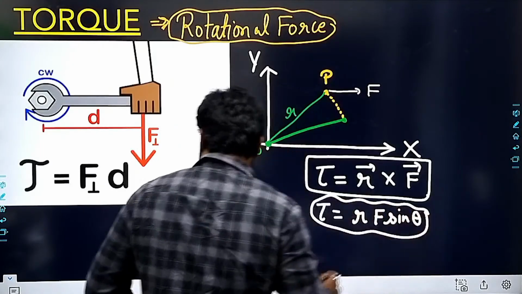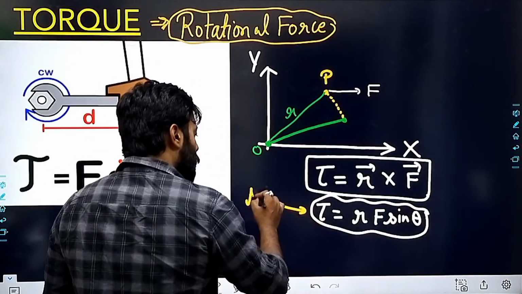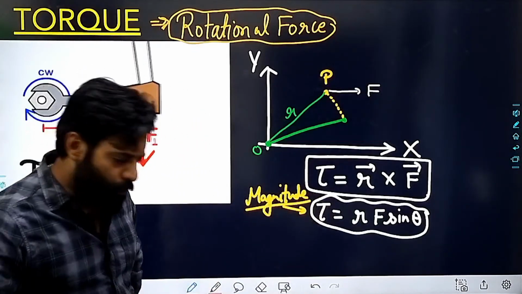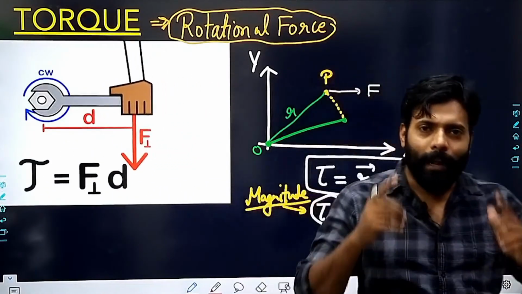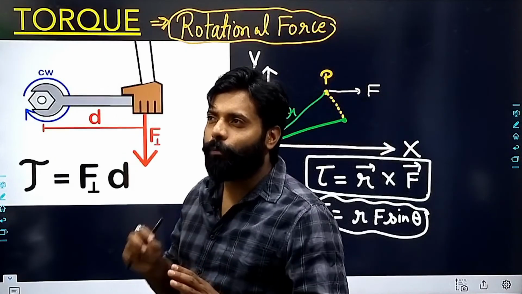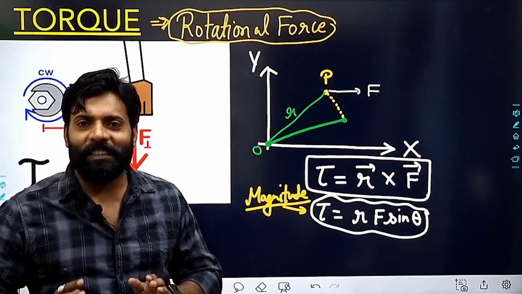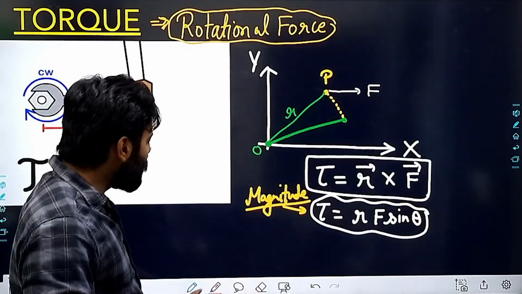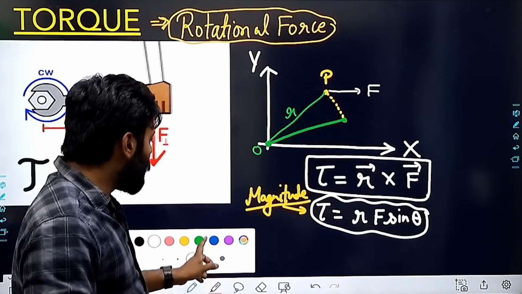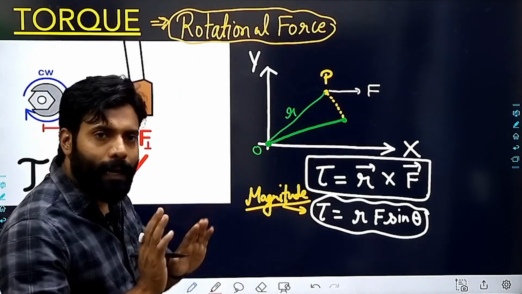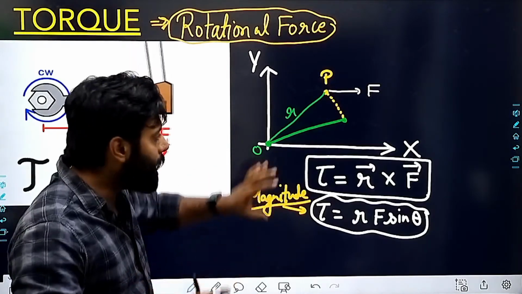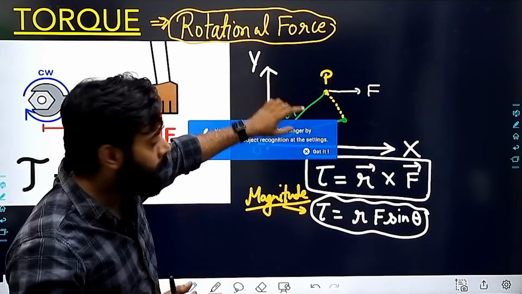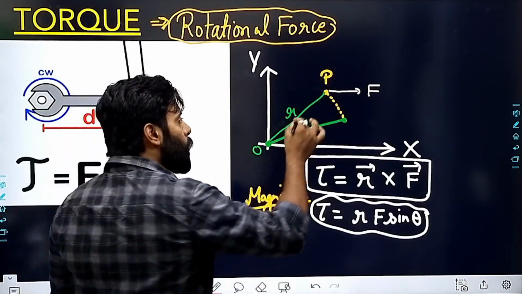So this is how we will calculate the magnitude, as per the formula. But as you know, we won't be going through the formula; we will be applying our brain and our logic, and we will use some skills in all the questions. So what is that skill? The skill is very simple. You just need to do one thing: you have to move either the force or the distance, where we want to keep this point